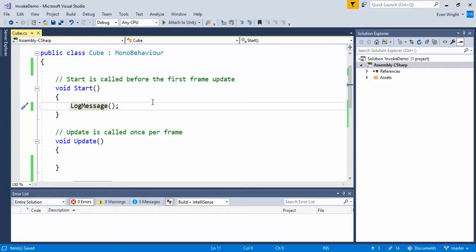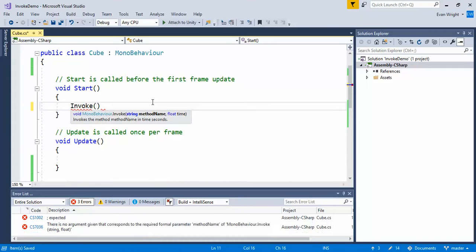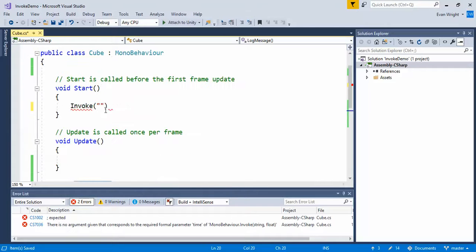And here's how invoke works. You say invoke, then you can see the IntelliSense here. The name of the method followed by the delay in seconds. So the name of the method, and it has to go in quotation marks, is log message without the curly braces. So one of the problems with invoke is that it can't take parameters. It has to be a parameterless function. It will call the function named invoke in,